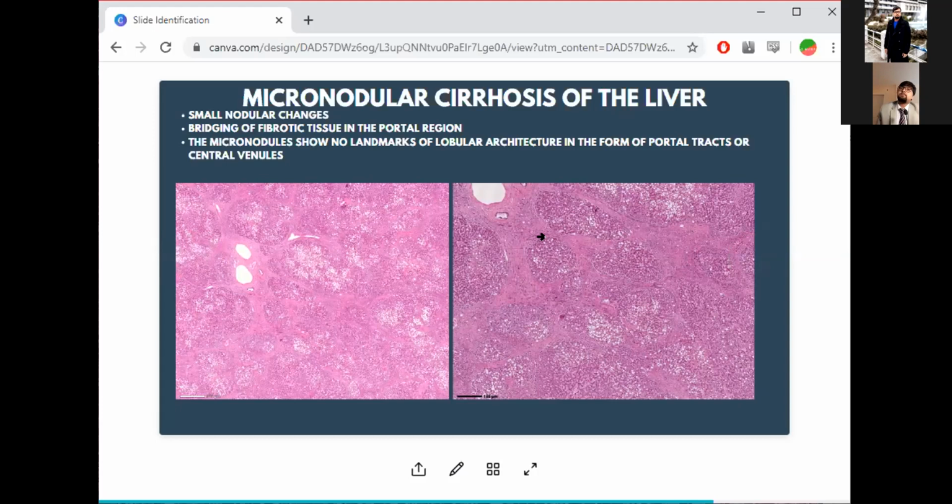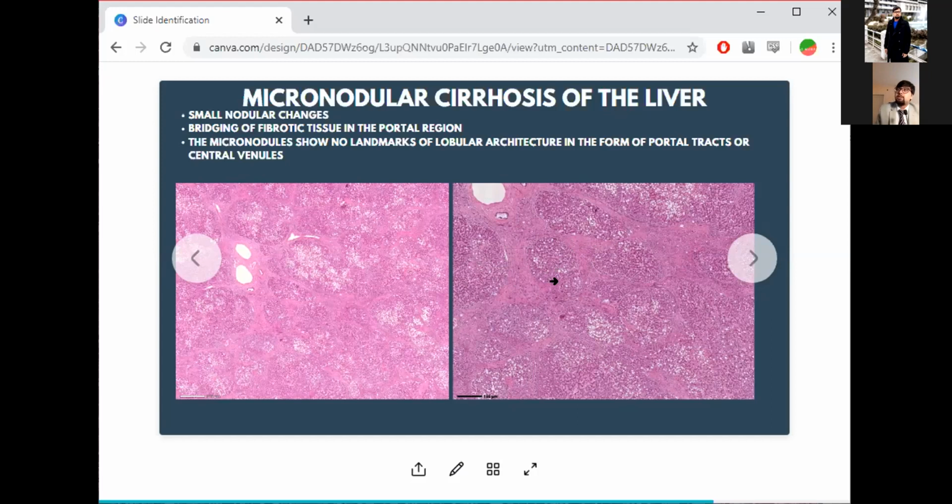Okay. How do you know that this is micro or macronodular? Just try to compare them to the nearest central vein. If this nodule, for example, is equal to or less than 5 times the size of a central vein, then this is micronodular. For it to be macronodular, this would have to be greater than 5 sizes. So for example, if I look at this, like let's go to this page, this one. This is a circle. I can put 2 of these central veins in here.